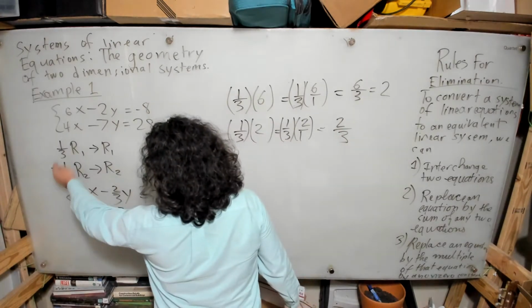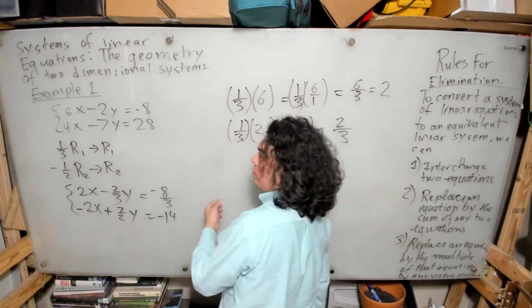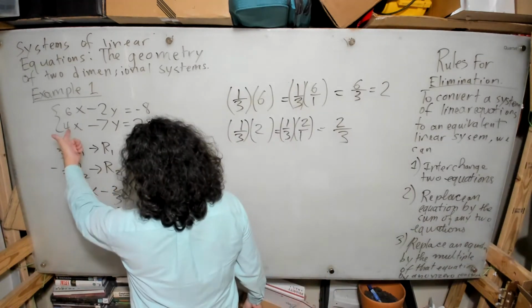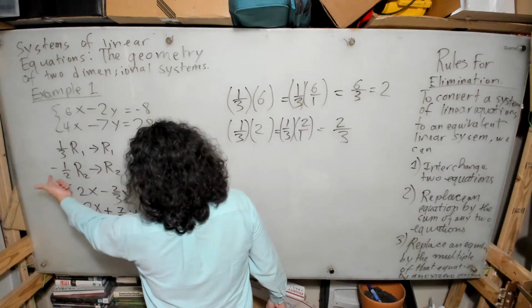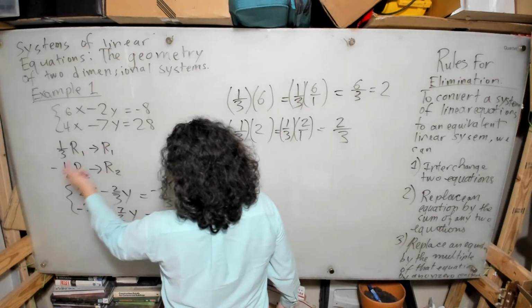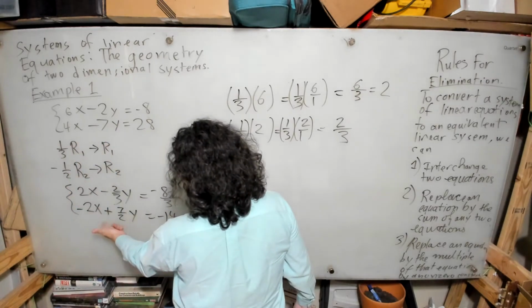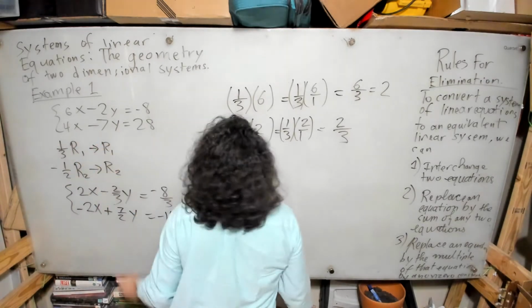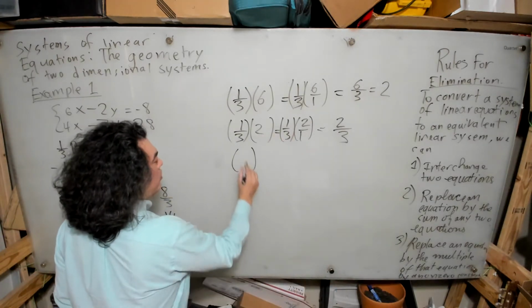How do I get negative 1/2 times 4? Using the same process, right? And of course, in this case, it's a negative times a positive, so it'll be a negative. How do I get the negative 1/2 times the negative 7? Well, the negative times the negative makes it positive, and of course, the 1/2 times 7, you can do it just like this, right? So 1/2,